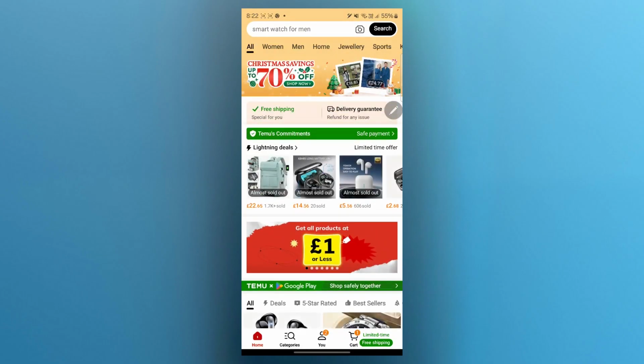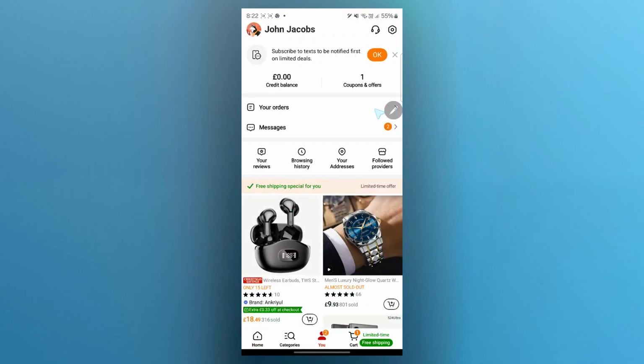Here, you'll have to simply click on U icon at the bottom of the screen. When you click on U icon, it will show up this page where you will see you have your order and messages option. Now, simply click on this small earphone icon at the top, just at the left of this